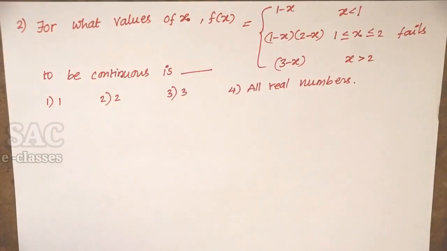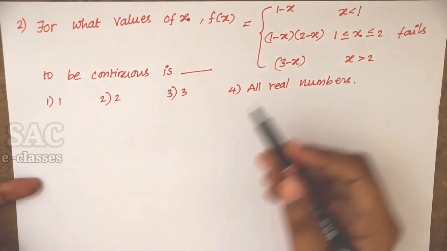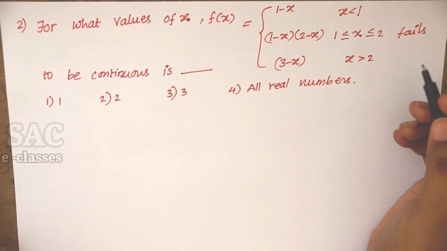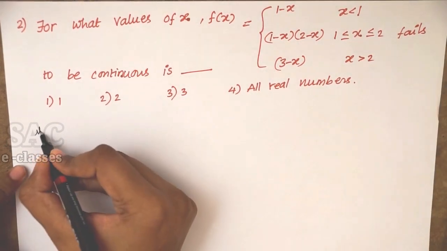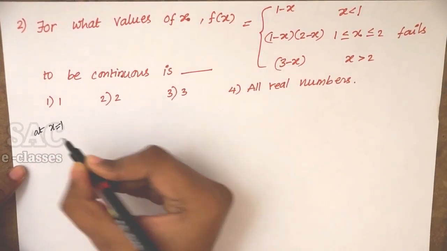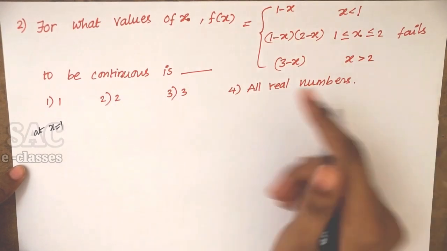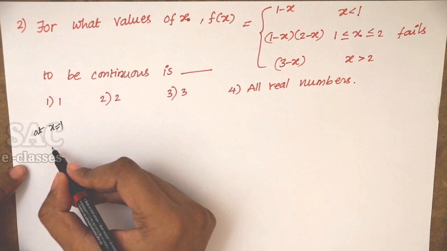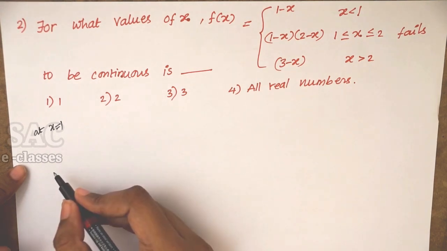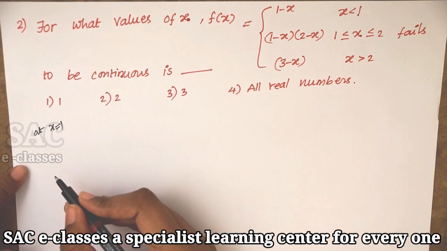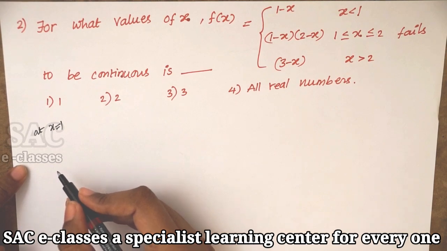Now the second problem, which is given in the MCET 16 AP, will give you an idea about how to calculate the continuity of the function at different values, not only 1 or 2. Here I should verify the continuity at x equal to 1, as well as at x equal to 2. First of all, let us verify whether the given function is continuous at x equal to 1 or not. Let us see. First at x equal to 1.